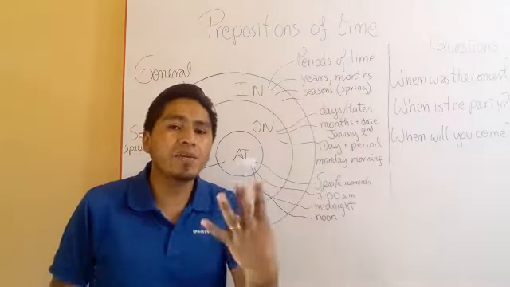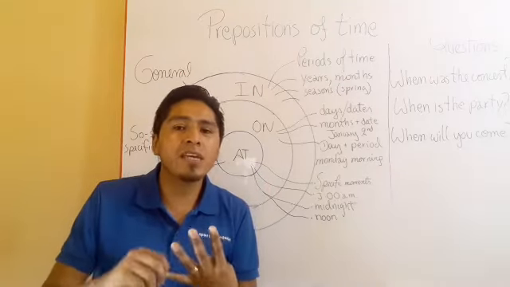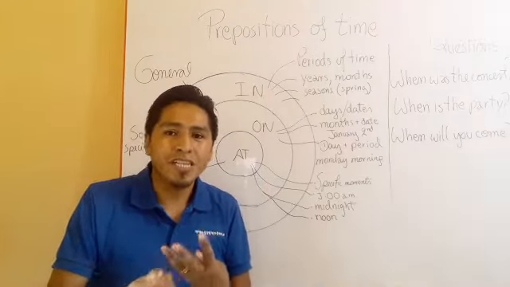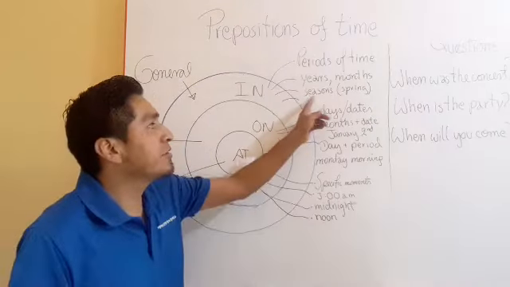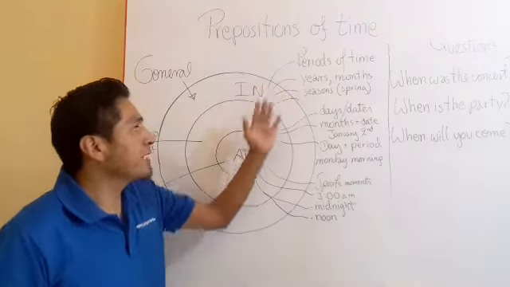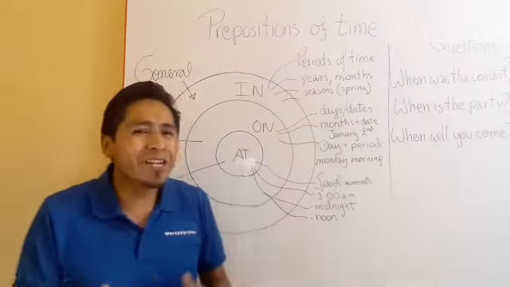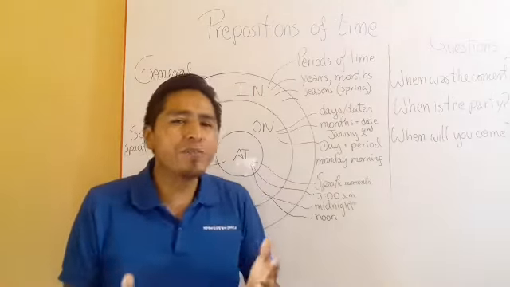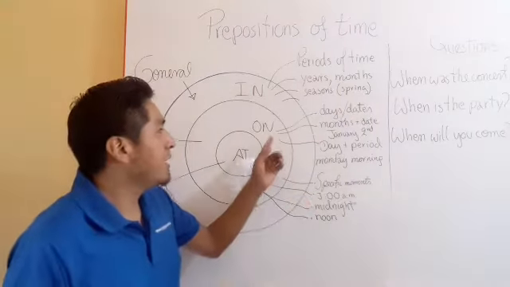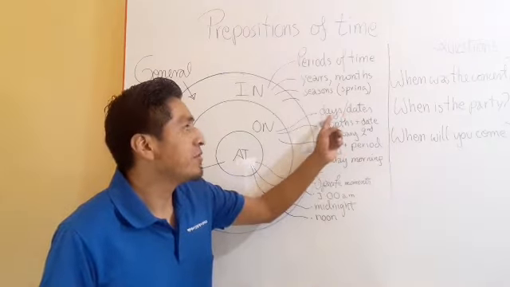You know that in the year we have 4 seasons: spring, autumn, fall, summer. So you can say in the summer, in the spring, etc. Now let's continue with on. When we use on, we are going into something a bit more specific, because we can say the day and the date. For example,